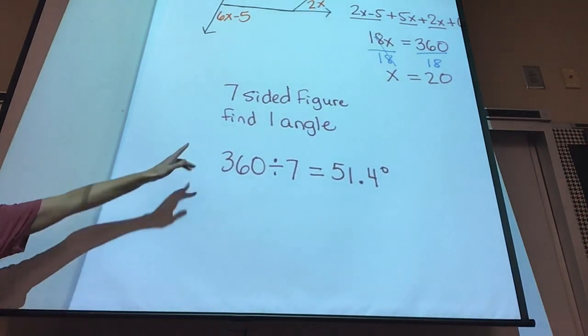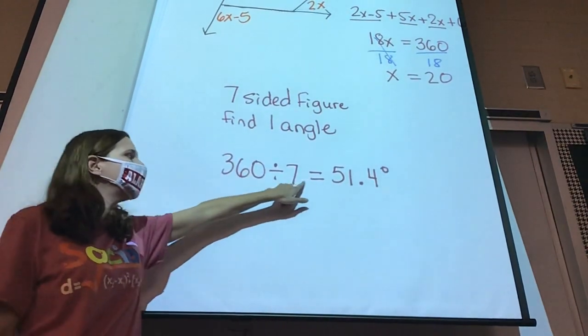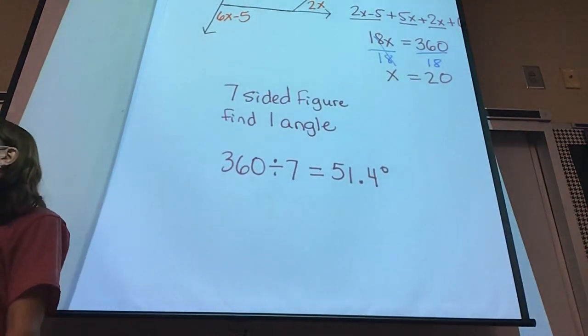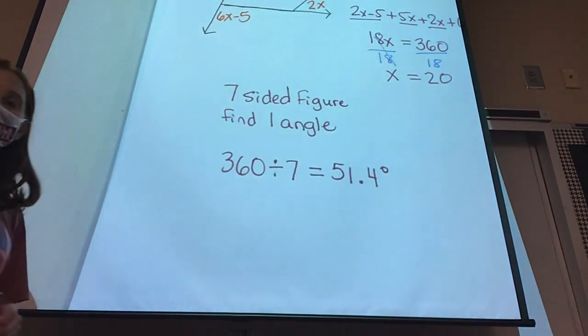So, if this is all they give you, then all you need to do is plug it into that exterior angle theorem, and then you'll have your one angle. But if they actually give you a picture, you can plug it back in, and you should be able to do that. So, any questions? Okay, then